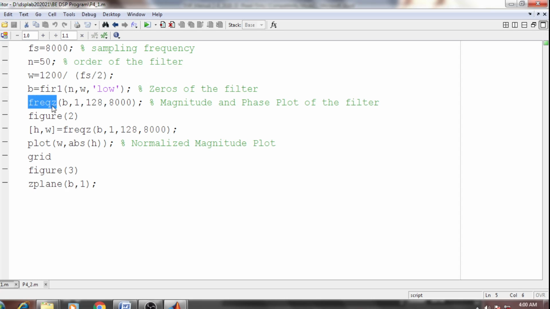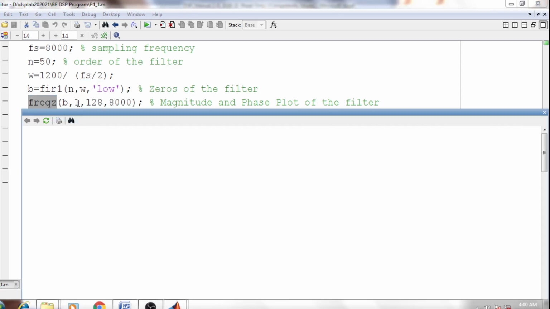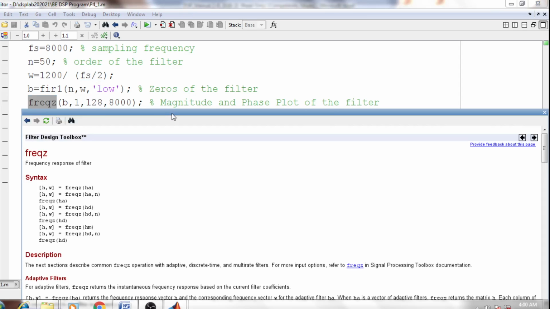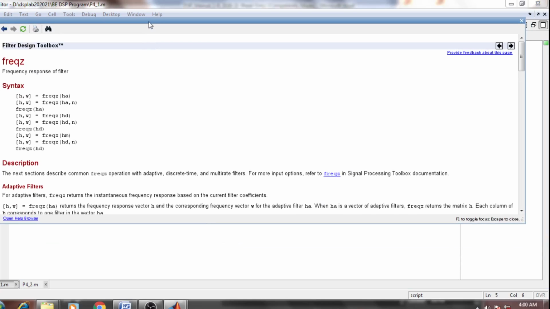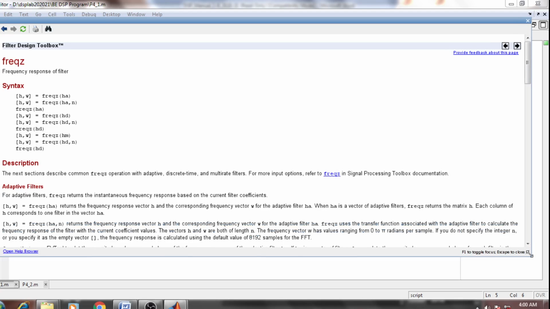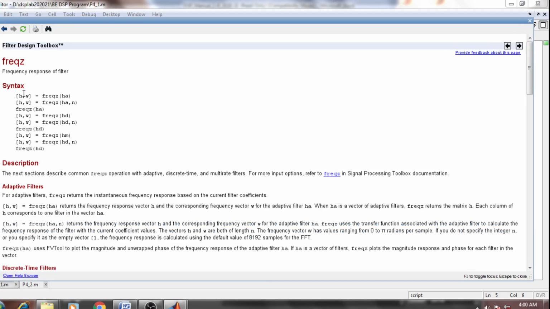Again we go over this filter. Okay, so again I am going over the help. What is the purpose of this particular frequency function? Okay, we see here, right? Just let me maximize it. Wait. See,